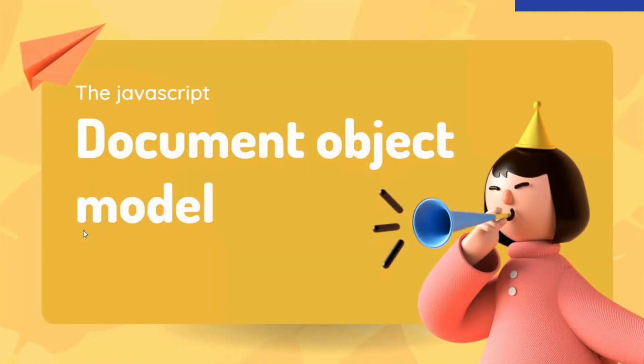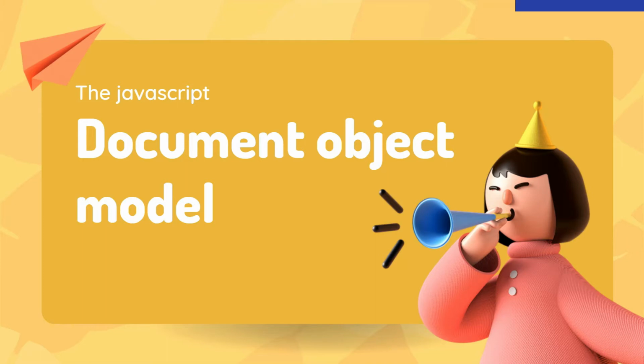In this video, I am going to discuss the Document Object Model, and it is a most necessary thing in web development because the Document Object Model is like a tree which has a root, stem, branches, sub branches, and nodes. This Document Object Model is also the same as that.